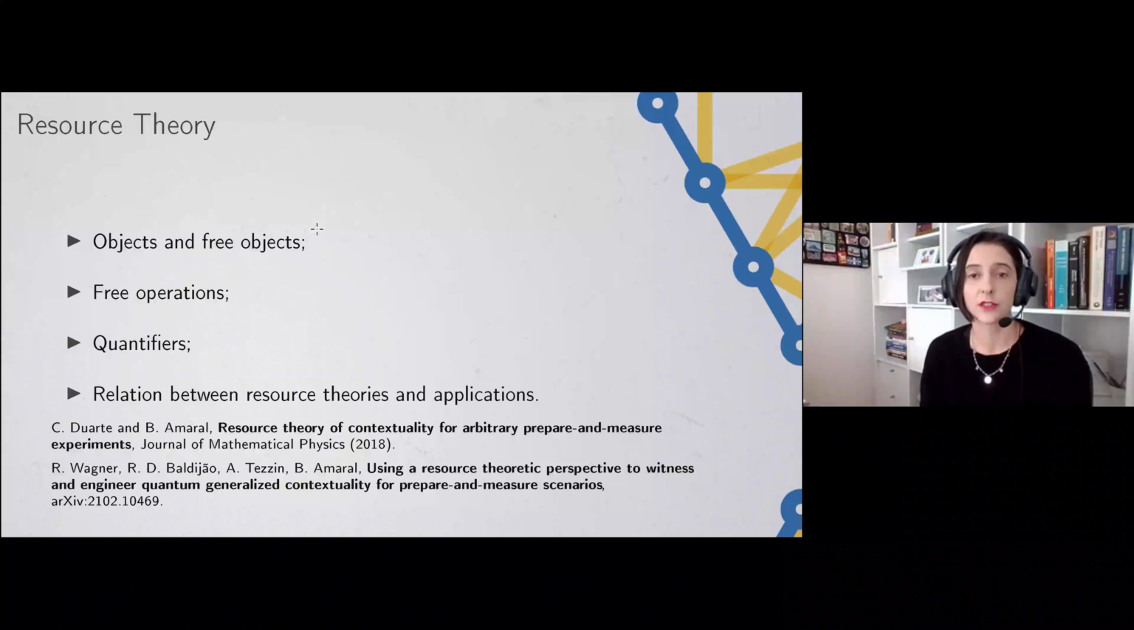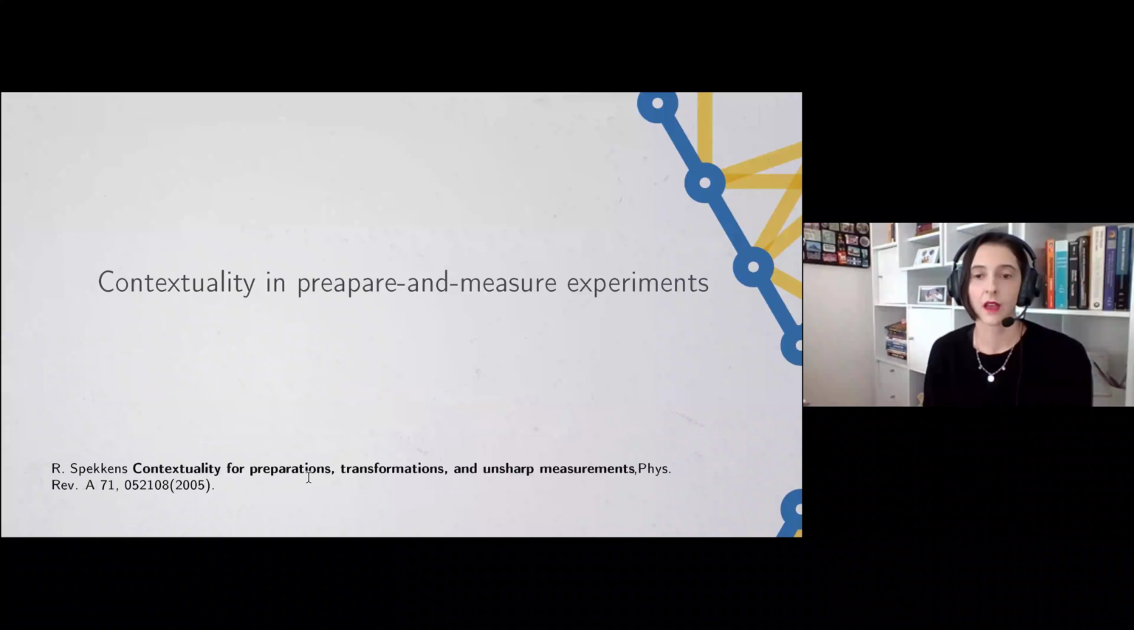And of course, we want this not to be only an abstract framework for treating this resource, but also we want relations of all of these aspects of the theory with practical applications. And this is the point that I'm going to treat in this talk. And the main results are in this work here that is available on arXiv. Okay, so